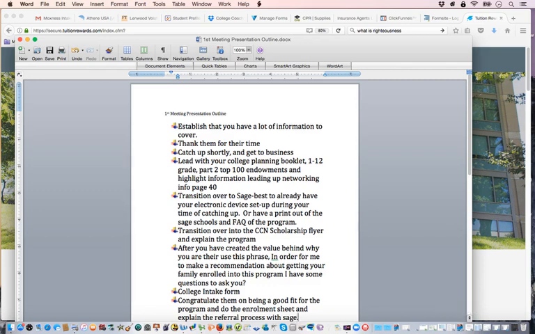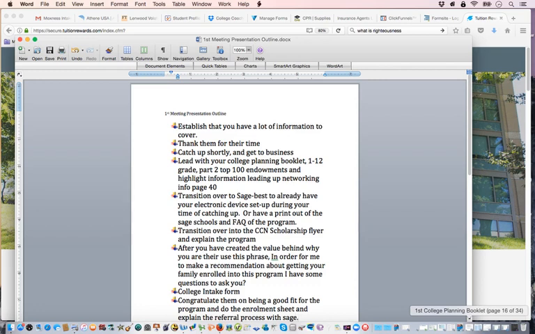From that point, you just lead in and say, "What I want to do is quickly go through how the program works, and I want to start by explaining this college planning booklet." I'll walk you through it because I'm going to do a sample presentation over the computer. The college planning booklet helps kids from age 1 all the way through their senior year, 12th grade. We also go specifically into the juniors and seniors in this other portion, which talks about how to maximize the endowments, the top 100 endowments, and how to do networking. Then you lead into how the college leveraging piece works.